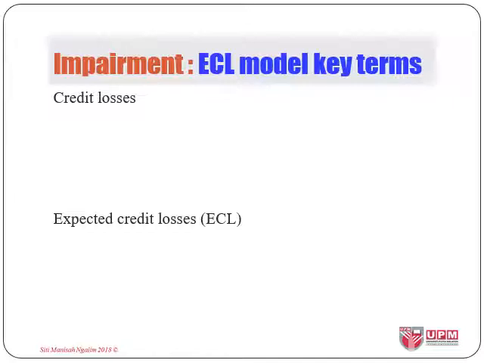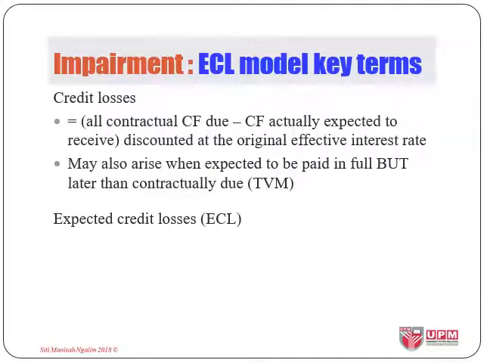Before we look at how we calculate impairment loss for financial assets as per MFRS 9, let us first look at a few terms used. First, the term credit losses. This is equivalent to the difference between the total amounts of cash flows as stated in the contract and the total amounts of cash flows they are expected to be received given the risks. Credit loss may also arise if you will receive the total amounts of cash flows as stated in the contract, but in a longer period from what's stated in the contract.